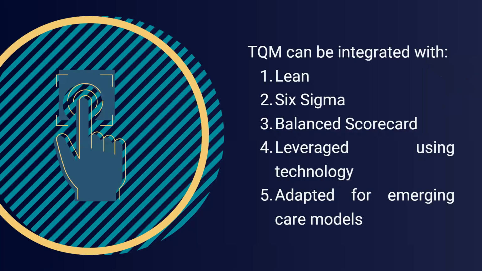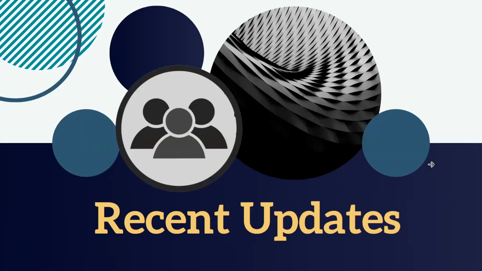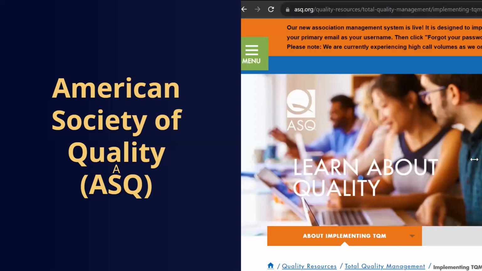TQM can be integrated with number 1, Lean, number 2, Six Sigma, number 3, Balanced Scorecard, and leverage using technology and adapted for emerging care models. Now it's time for recent updates. According to the American Society of Quality, ASQ,